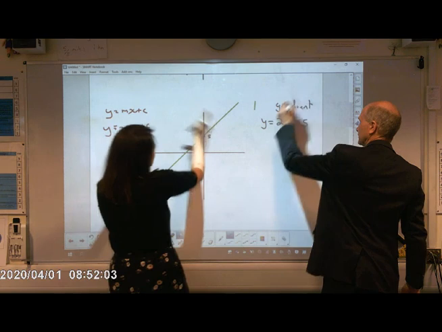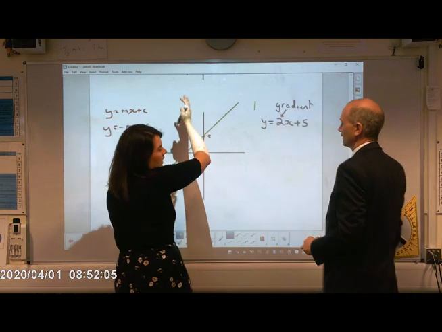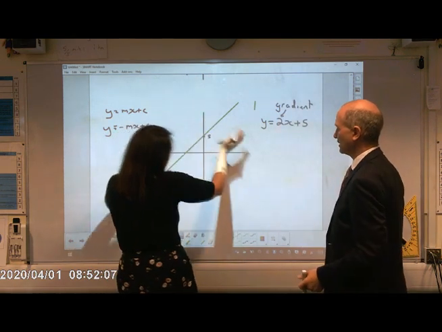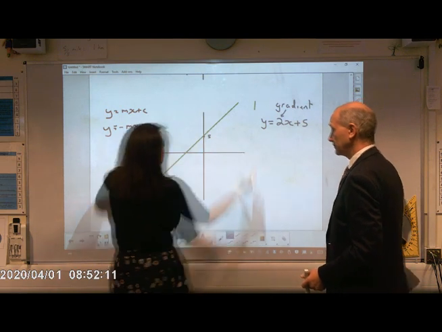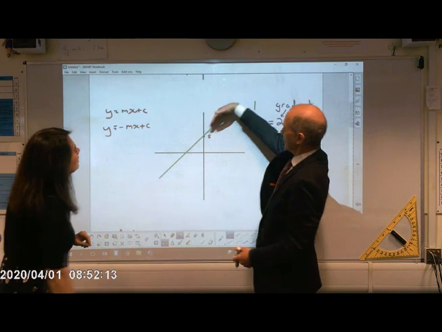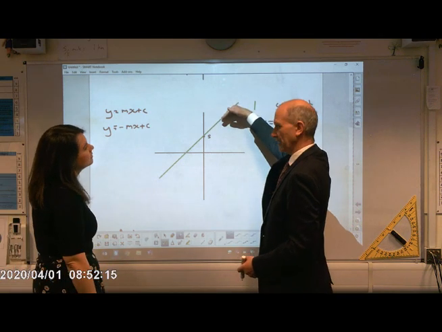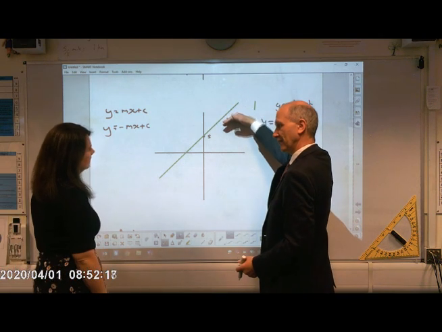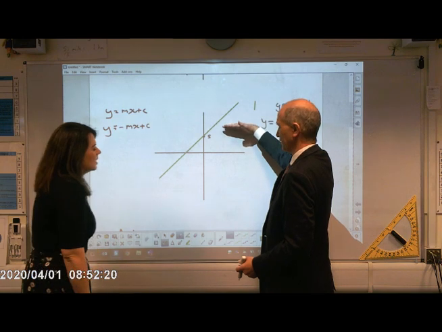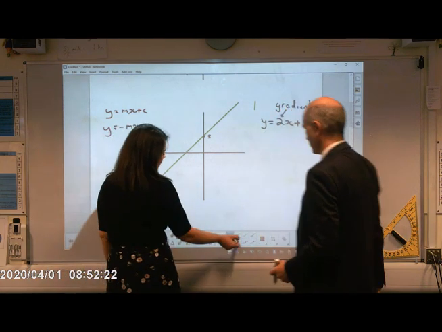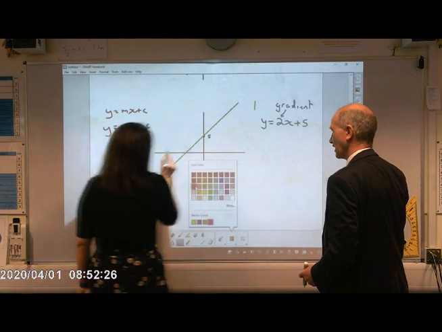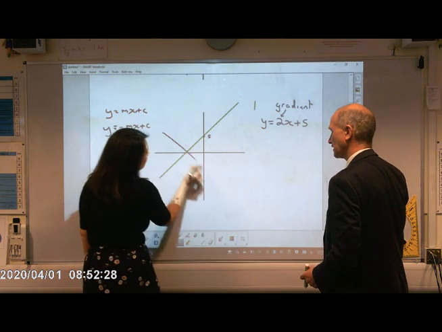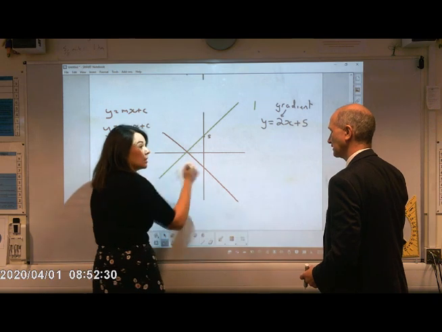If it was getting steeper, then the gradient would get bigger: 3, 4, or 5. If it became smaller, like a fraction or a decimal, then it would be coming the other way. So it's going to go down to 1x or half x or quarter x, as long as it stays positive. And then as soon as it switches over, it becomes negative and goes the other way. You can link this to your correlations: positive correlation,